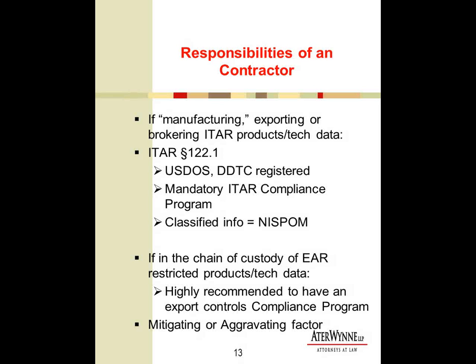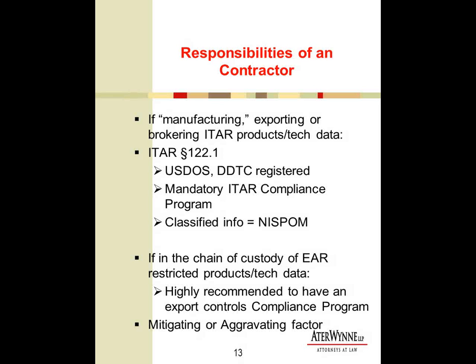So what does manufacturing mean? It's a very broad term, really undefined in the ITAR if you take a look at section 122.1, but through informal guidance from DDTC, we've come to understand that manufacturing has been very broadly interpreted by DDTC to include traditional manufacturing and fabrication activities, but also things such as polishing, coating, ancillary services to the actual manufacturing of a part, and that coating or painting of something could also be considered manufacturing under the ITAR if we're talking about an